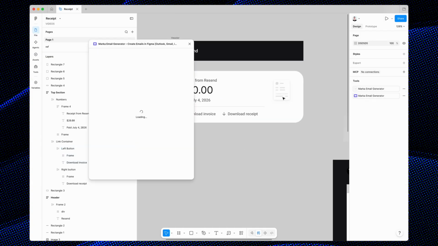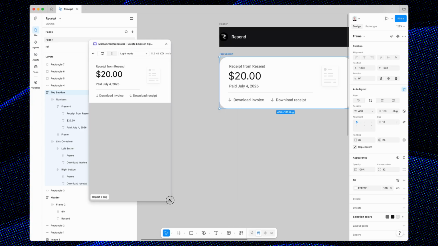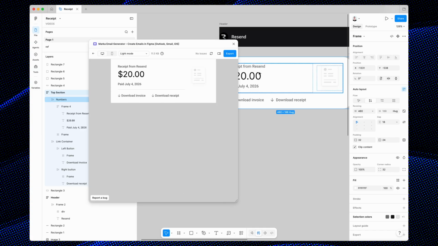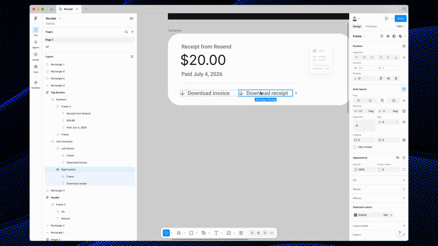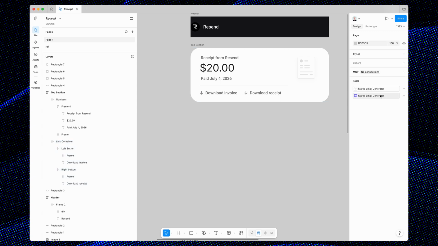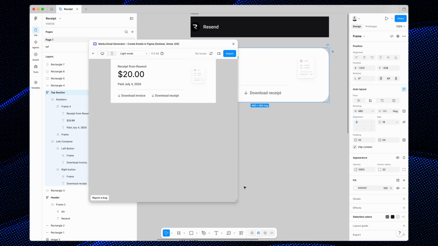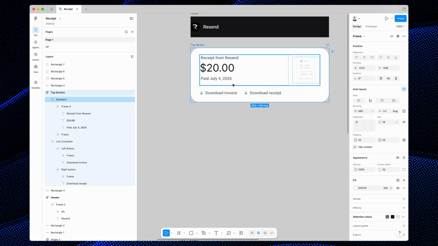So let's try to preview it with Markup Plugin, see how it works. So it works this way. If we, for example, preview it, we see on the mobile version that links work this way. In some cases it's okay, but if, for example, if we want this